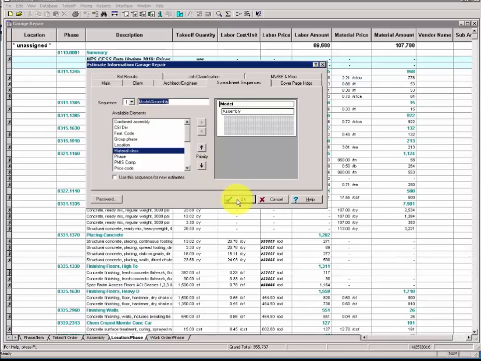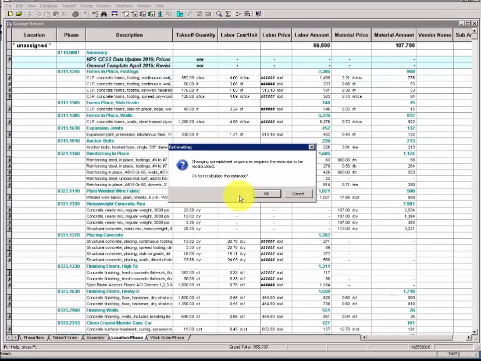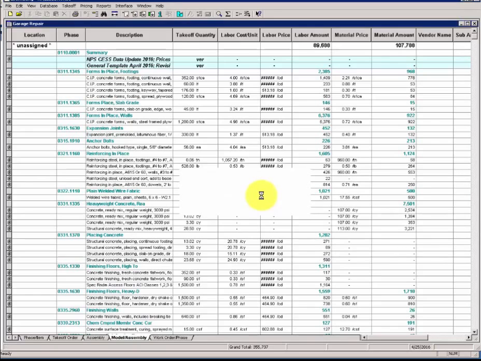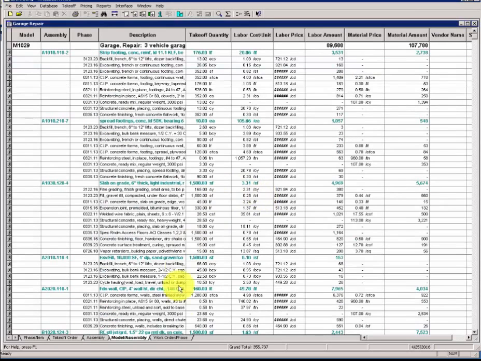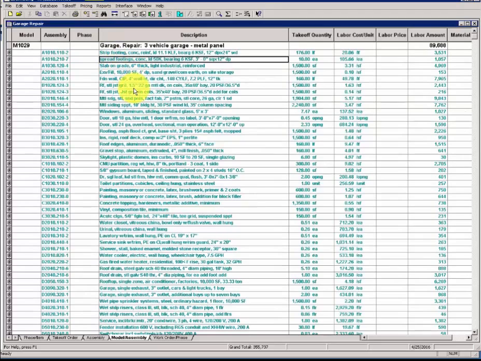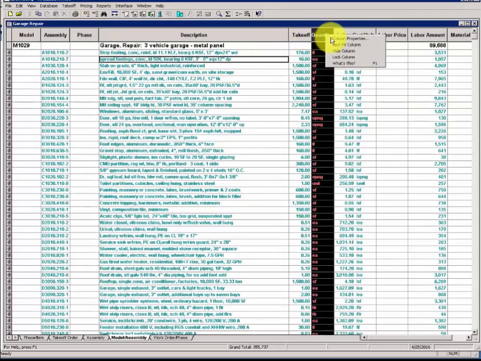Click OK once to accept the change, and then OK again to allow the spreadsheet to recalculate overall totals for your new spreadsheet sequence. A progress bar appears for recalculating the estimate. The tab will now appear with the model assembly name, and note that you are now sequenced by the 3-vehicle garage metal panel model and the corresponding assemblies. Use the minus sign to collapse and roll the items up into their assemblies. Top toolbar. You can lock a column here